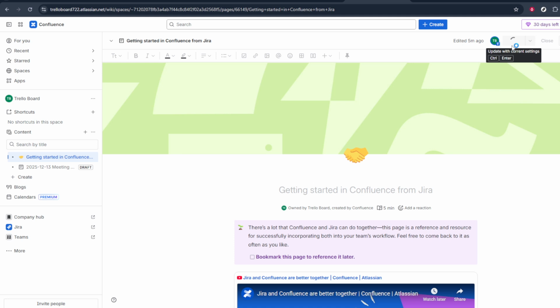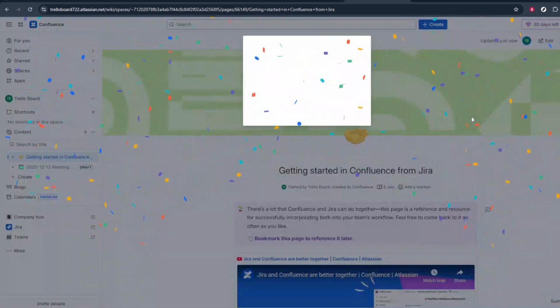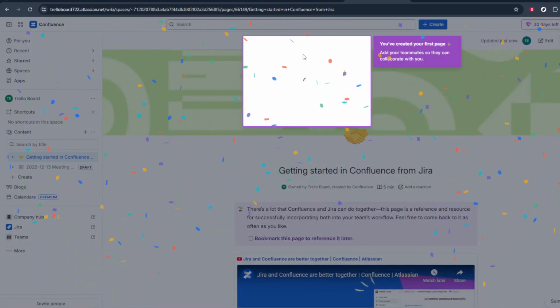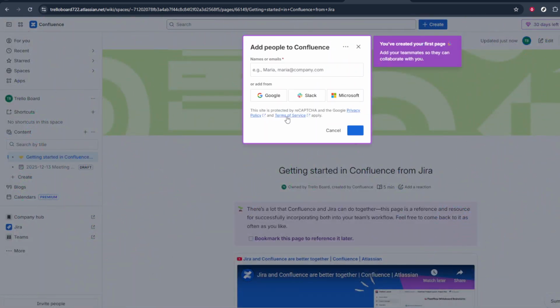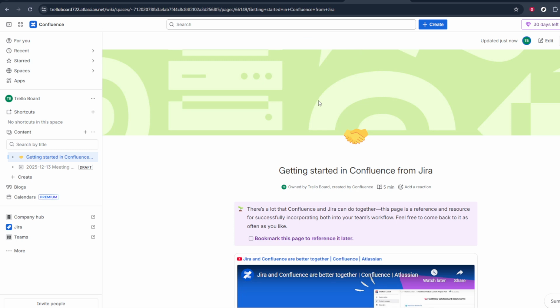When you're happy with your changes, it's time to save and publish them. Look for the Update button, again typically in the top right corner of the screen. Before you click it, you can quickly scan the page for any typos or formatting issues. Some teams like to add a brief summary in the change comment field so others know what was updated and why. When you're ready, click Update. Confluence will save your edits and push them live so your teammates immediately see the latest version. And that's it. You've opened Confluence, selected the right page, gone into edit mode,